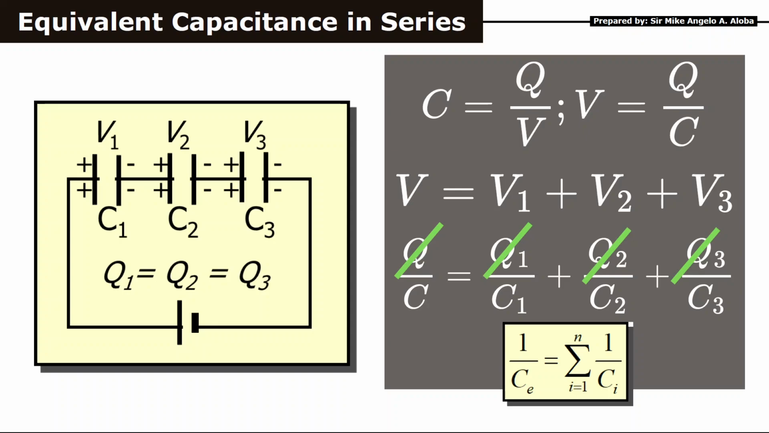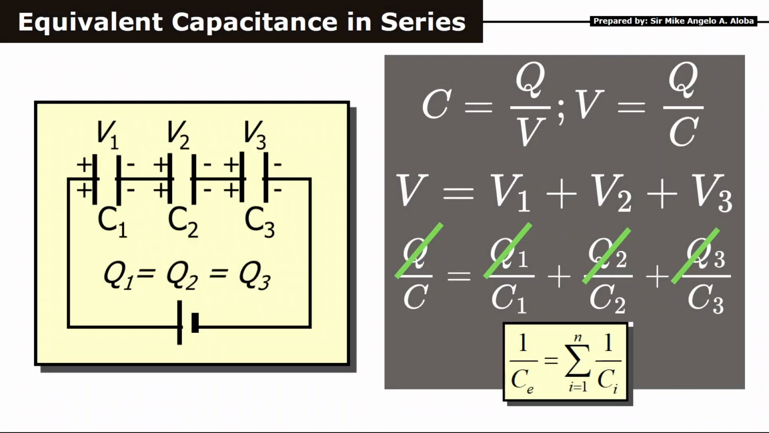Or if I will show you this one, what does this equation mean? So going to my iPad, you see here that 1 over CE is equal to the sum of the inverses of the individual capacitors, 1 over C1 plus 1 over C2 plus 1 over C3 and so forth, 1 over Ci. That is the meaning of that summation. Going back to the presentation,